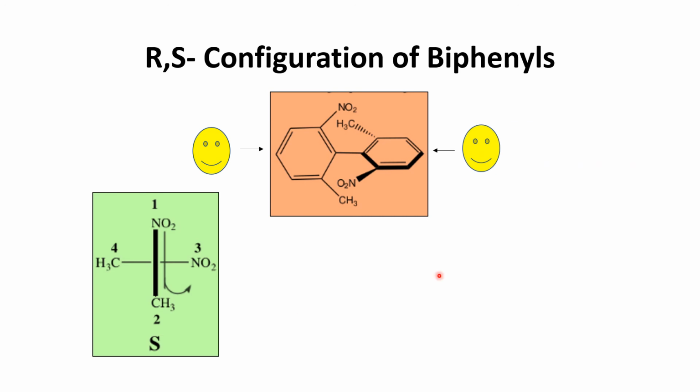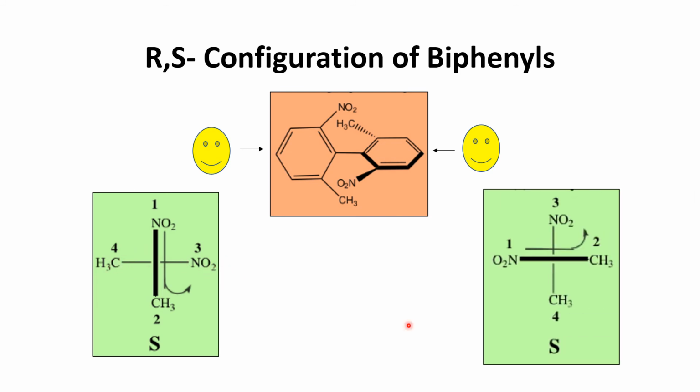Okay, and if you visualize from this direction, you have to view this one. If they are in different planes, one is towards you and one is away from you. Okay, if this is the plane, where do we have to write? It should be in the horizontal plane. This should be NO2 and this is CH3, and here the solid line NO2 will be in the vertical and CH3 should be down. Okay, first preference NO2, CH3 and then here NO2, CH3. So 1, 2, 3, so this is also the S configuration. Are you clear?